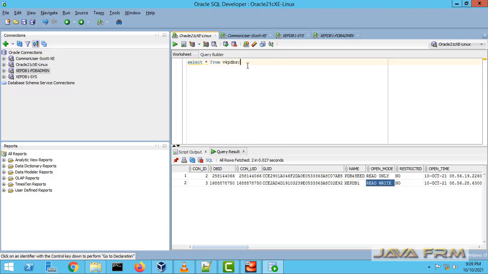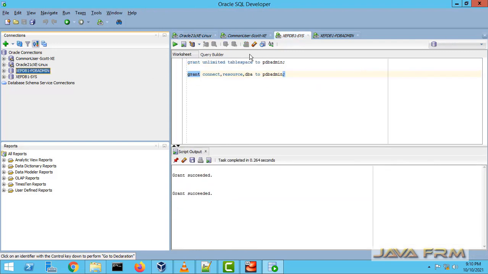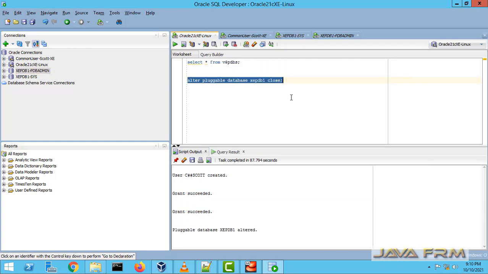You can see that XEPDB1 is in read write mode, that is, it's up and running by default. Now I am going to stop this pluggable database. Alter pluggable database XEPDB1 close. This will stop and close the connections of XEPDB1. Yes, pluggable database XEPDB1 is altered.